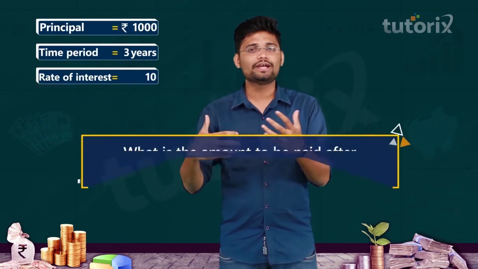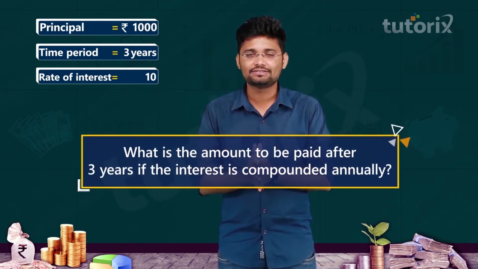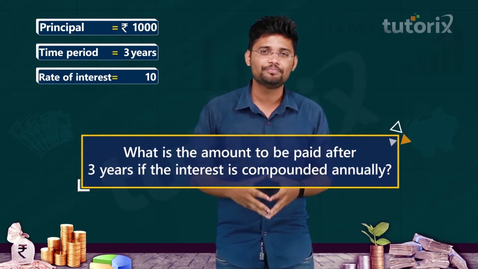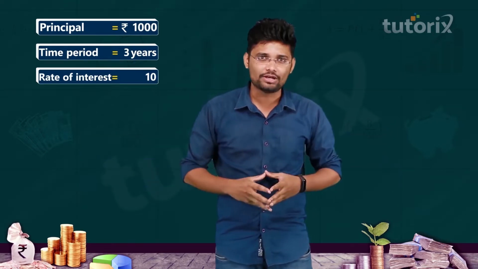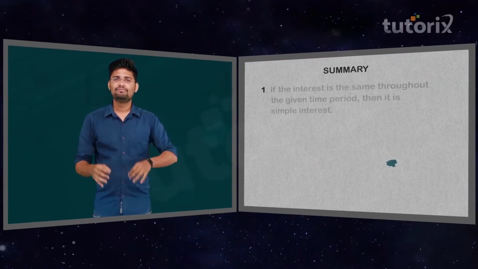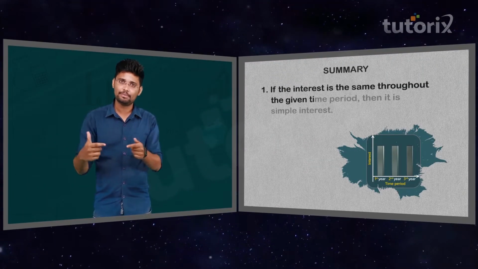Now what is the amount that is to be paid after 3 years if the interest is compounded annually? Well, simply substitute the values in the formula. Let's quickly summarize on what we have learned so far. If the interest is the same throughout the given time period, then it is